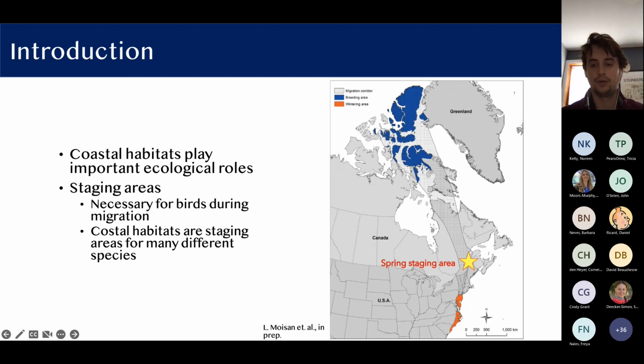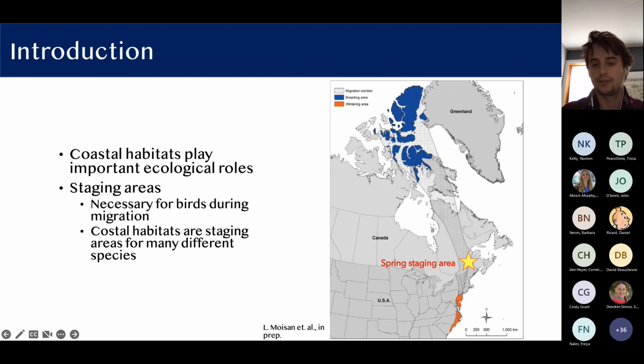This figure here on the right is the migration pattern of the sandhill crane. So the orange areas here on the bottom are where they will stay in the winter. And then when they migrate in spring to breed in the Arctic in the summer, they will stop here around Quebec City in order to make this